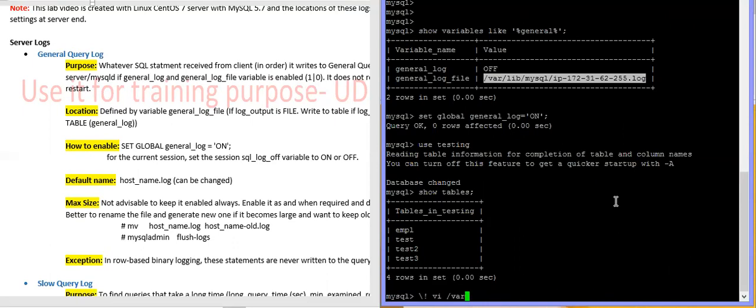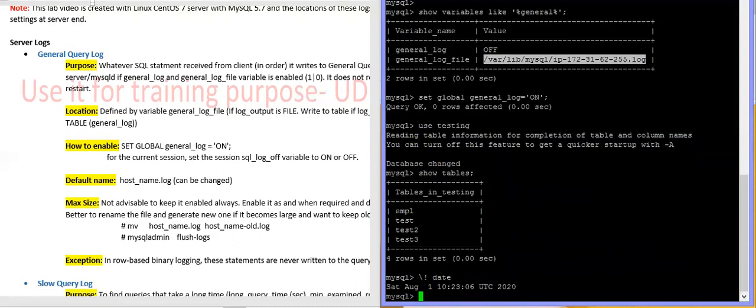Before that, let's see the date so that we can ensure that these are the current SQL statements. Current is Saturday, and this is the time. So let's see the general log physically.